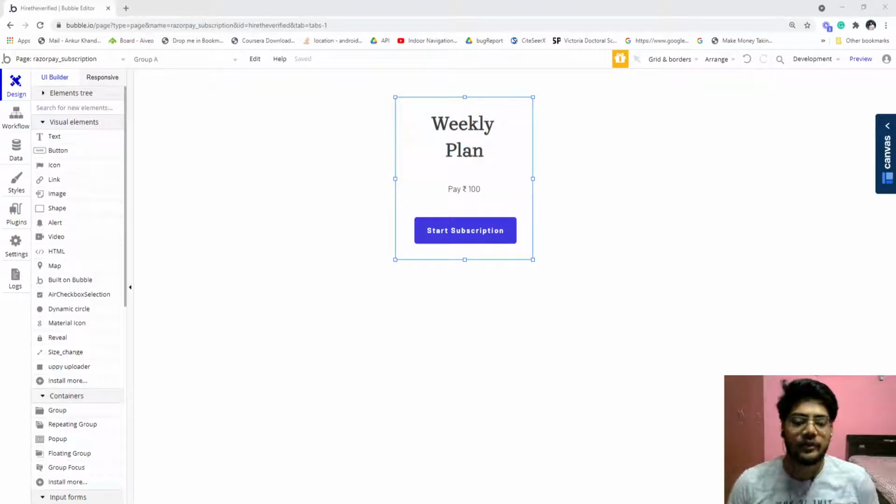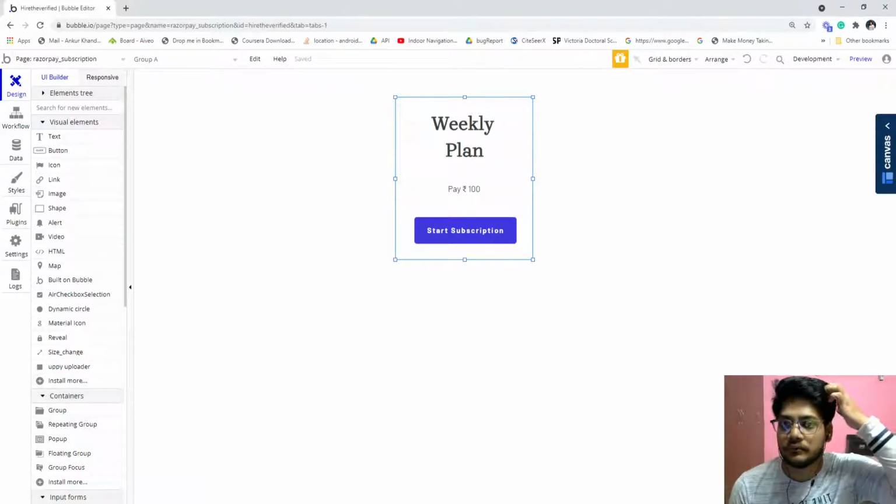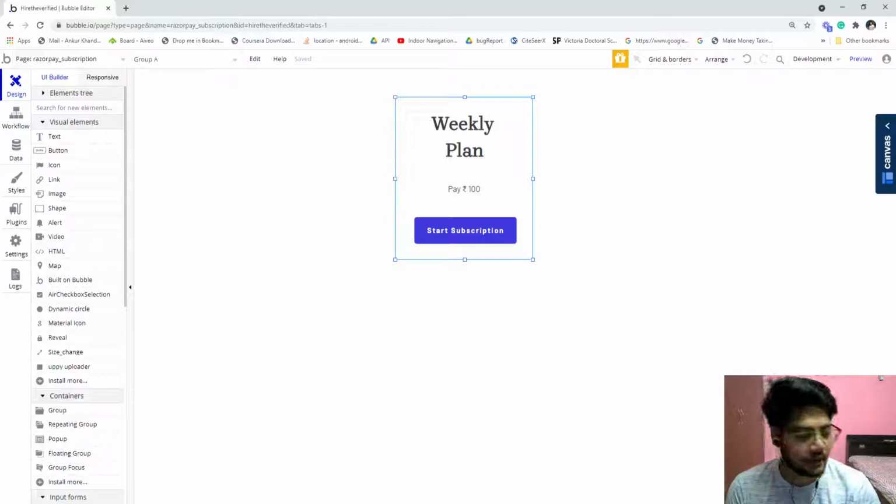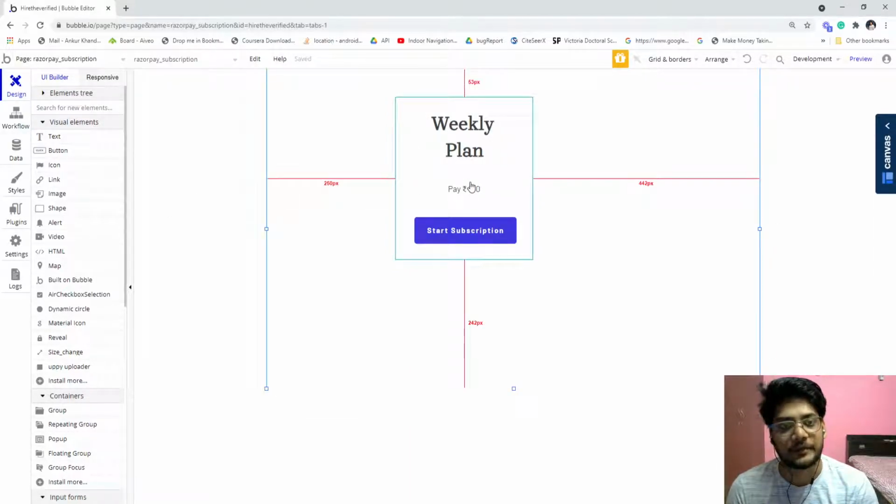So in the last video, we learned how to integrate Razorpay in our Bubble app, and in that video we learned how we can integrate the one-time payment basically.